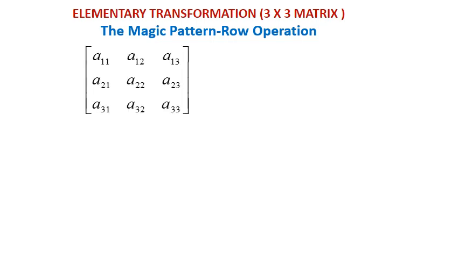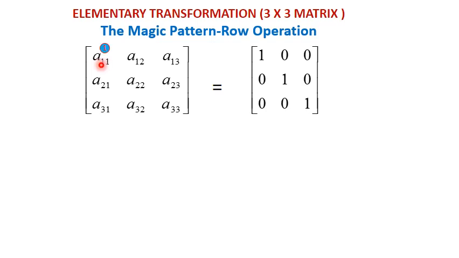The general form of a 3 by 3 matrix is written here, that is A11, A12, A13, A21 to A23, A31 to A33. This is the left side matrix that we have to change into an identity matrix of order 3 by 3, that is 1 0 0, 0 1 0 and 0 0 1. So we have to follow a particular pattern that makes it easy to turn that matrix into an identity matrix. The pattern is, first we have to change the first element, that is A11, to 1, and next you have to move down to